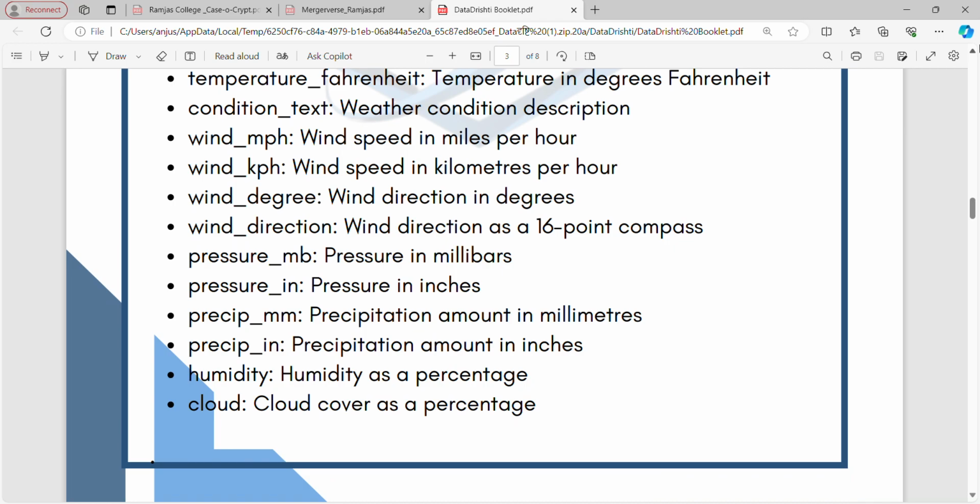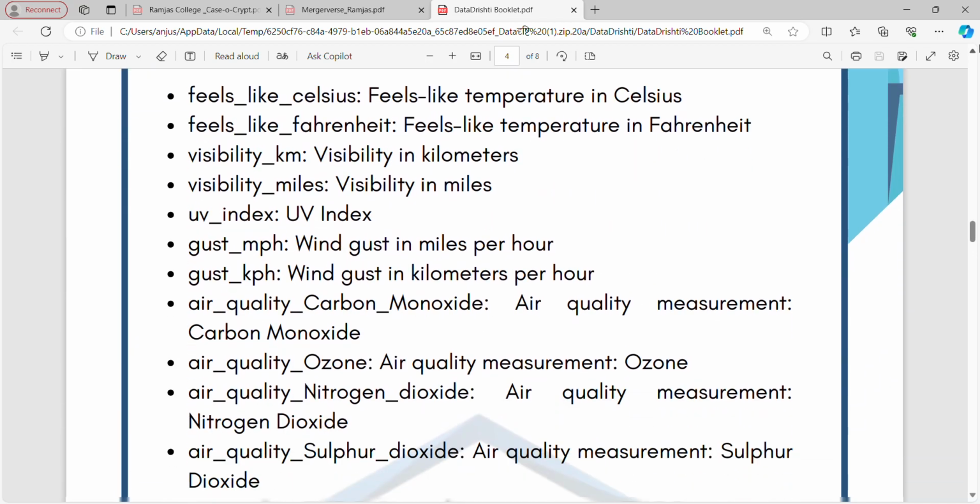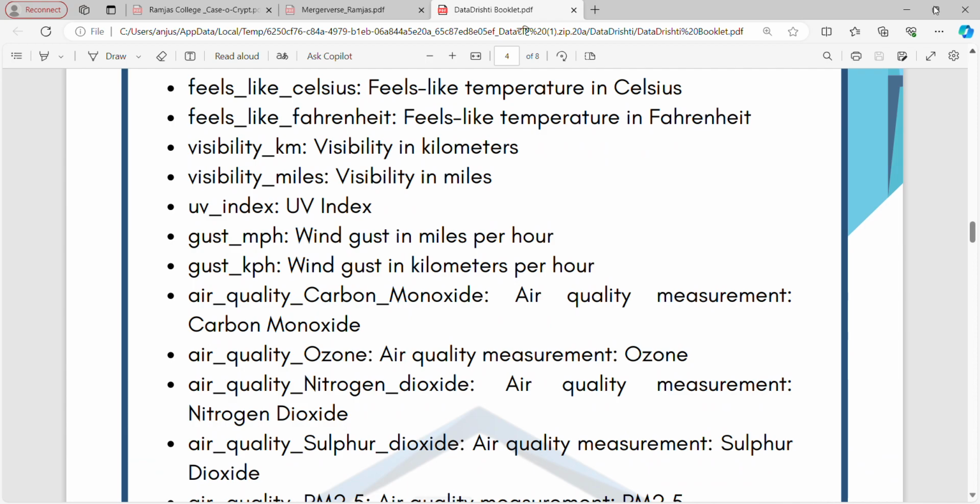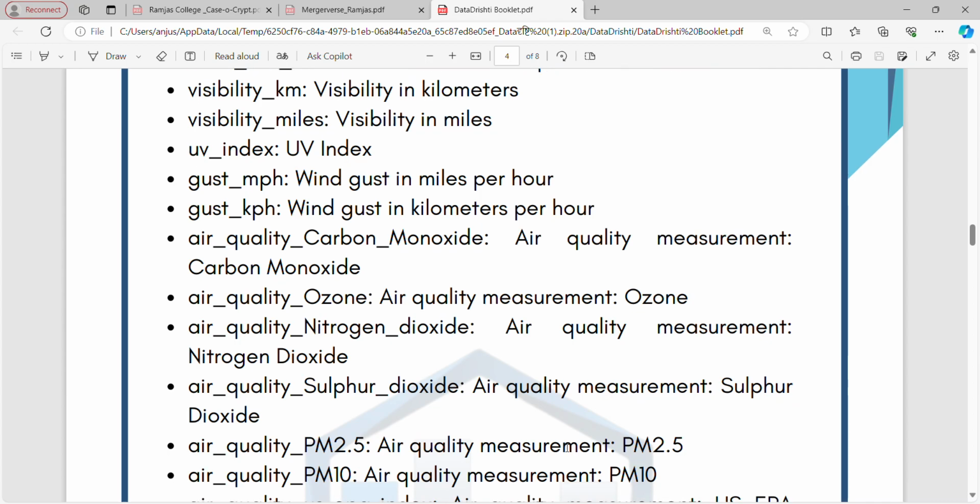then wind degree is the wind direction in degrees, wind direction is the wind direction as a 16-point compass, then pressure in millibars, then pressure in inches, then precipitation amount in millimeters, precipitation amount in inches, humidity as a percentage, cloud cover as a percentage. Next, feels like temperature in Celsius, feels like temperature in Fahrenheit, visibility in kilometers, visibility in miles, UV index, wind gust in miles per hour, wind gust in kilometers per hour, air quality measurement carbon monoxide, ozone, nitrogen dioxide, sulfur dioxide,